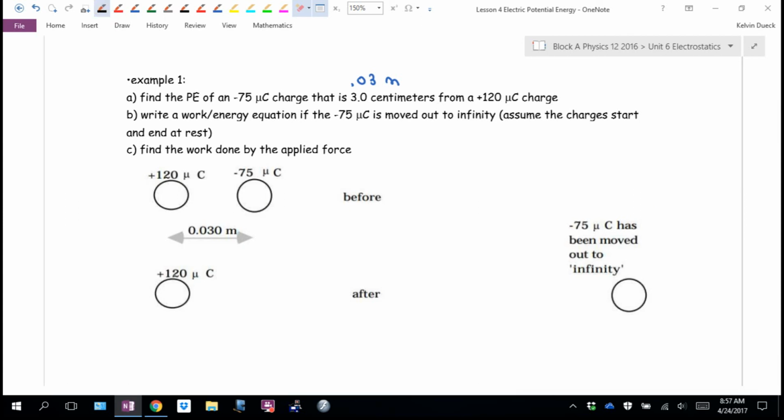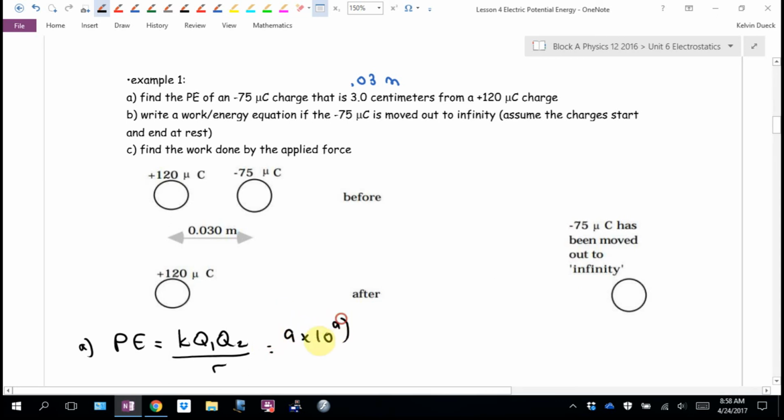Okay? A says, find the potential energy. Well, that's going to be k Q1 Q2 over r. Not r squared. See it there, Drake? Yep. k, a nice constant, 9 times 10 to the 9th. Charge 1 is a positive, and I'm going to put the plus sign just to remind you that I did look at the signs. 120 microcoulombs times 10 to the negative 6. Charge 2, negative 75 times 10 to the negative 6. Divided by